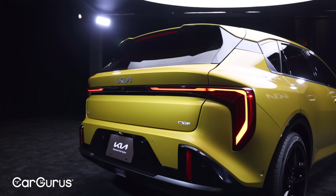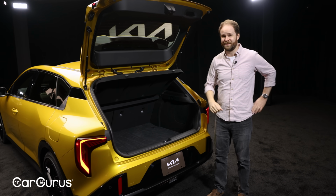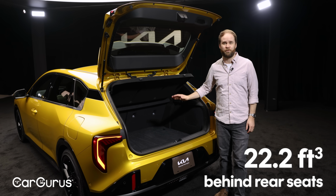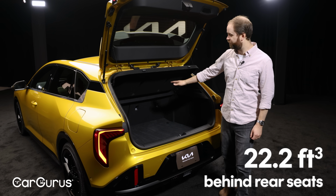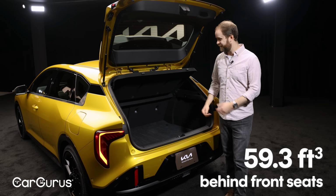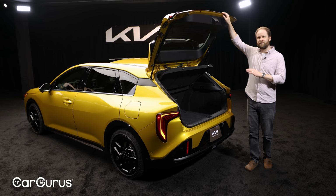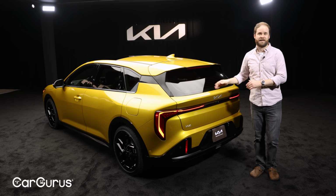Then of course, if we open up the hatch, we see where a lot of the practical value of this decision comes in. The sedan had 14.6 cubic feet of cargo space, which is pretty good, but that expands to 22.2 cubic feet if you go with the hatchback instead of the sedan. And then you can fold down that rear seat, that opens up 59.3 cubic feet. I mean, this is a much more usable space, a lot more cargo capacity. You can put a stroller in there, your groceries, whatever you need to put in a car. If there's a lot of it, you're going to be better suited with the hatchback than you would with the